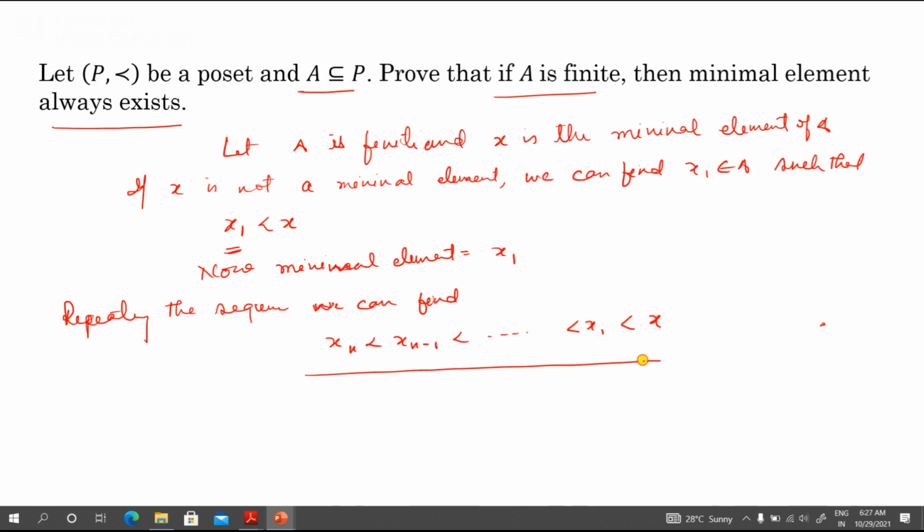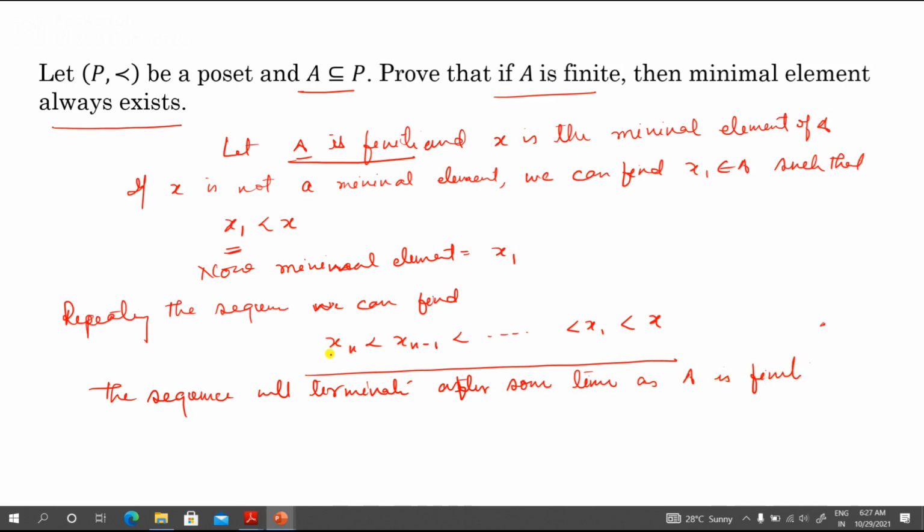We can find a sequence of these elements, and this sequence will terminate after some time as A is finite.